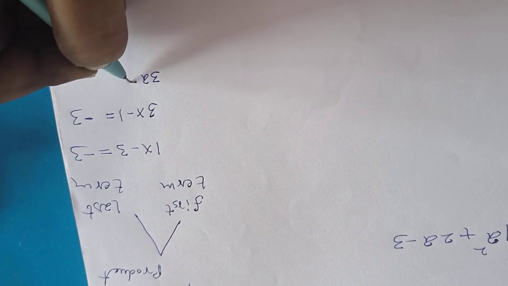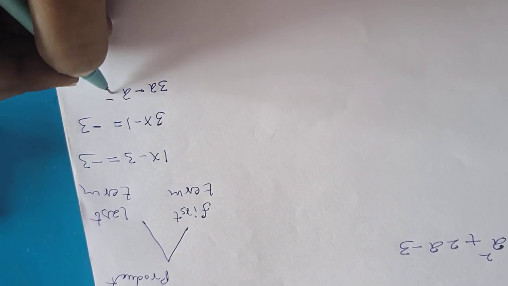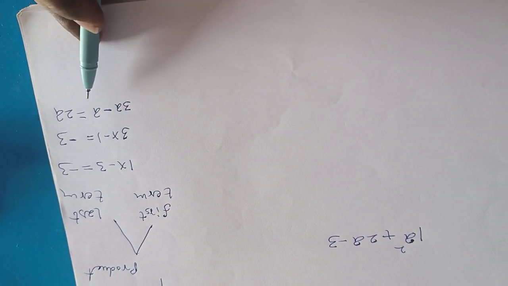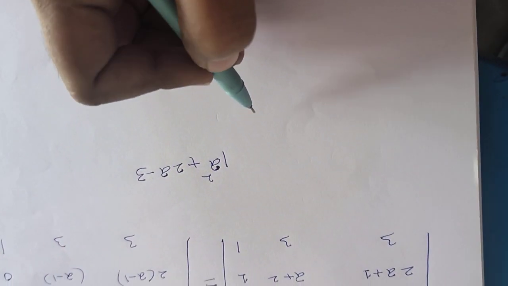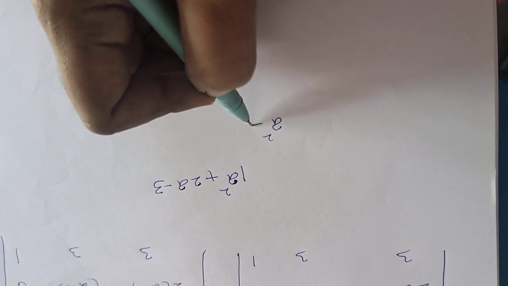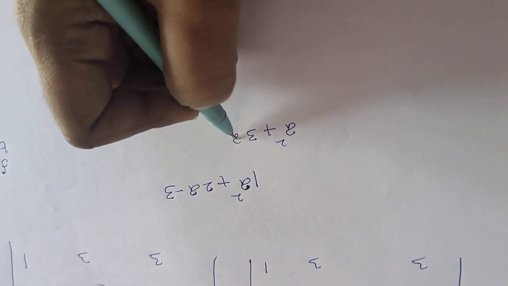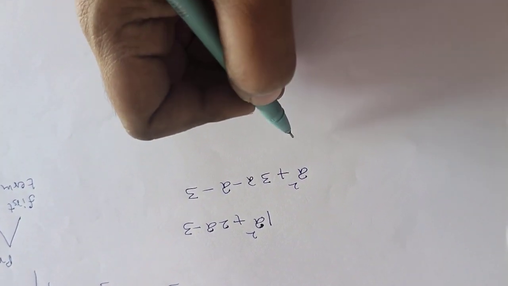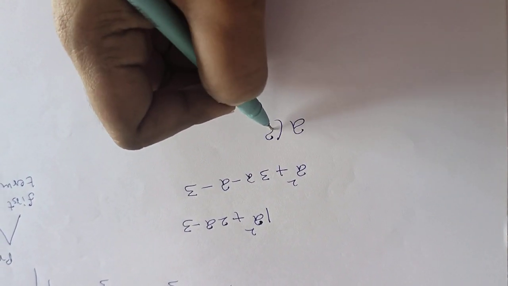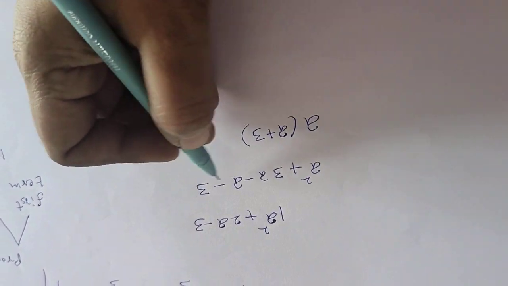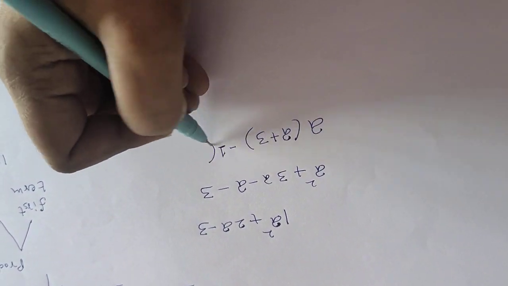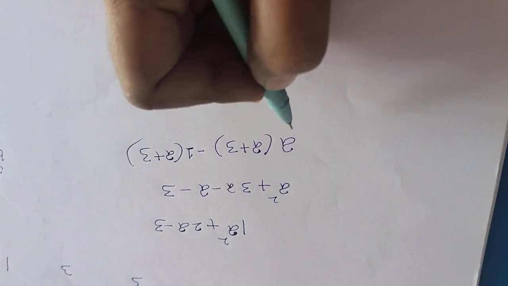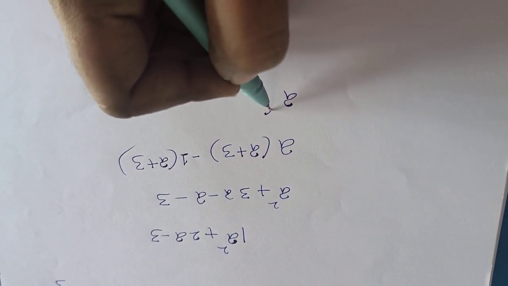3a minus a is equal to 2a. So this 2a can be written as 3a minus a. So here we will write a square plus 3a minus a minus 3. From these two terms take a common, it is a plus 3. From here take minus 1 common, it is again a plus 3. So we have a plus 3 two times, so we will take outside